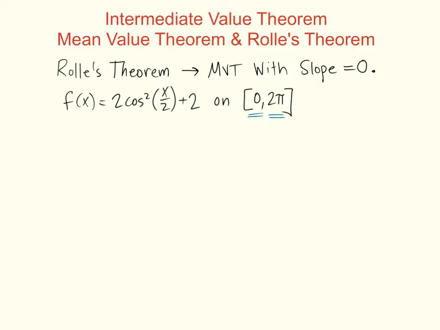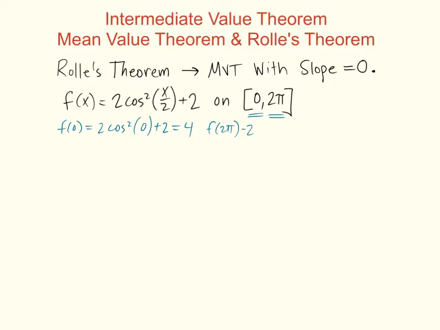So let's just start by confirming that. f(0) is 2 cosine squared of 0 plus 2. Cosine of 0 is 1, right? Remember your unit circle, 0, x value, yes, cosine's 1, times 2 plus 2 equals 4. And f(2π)